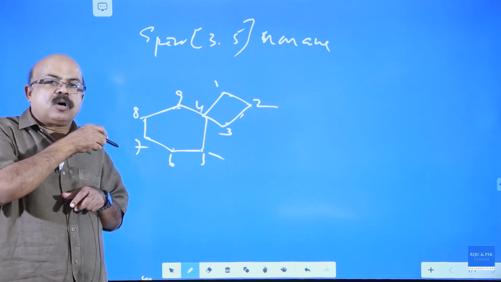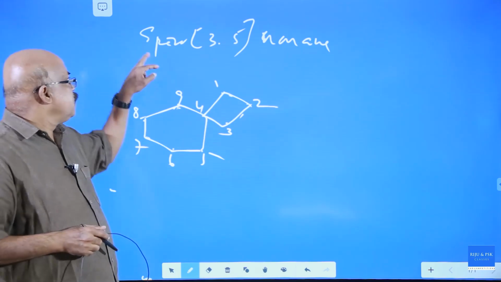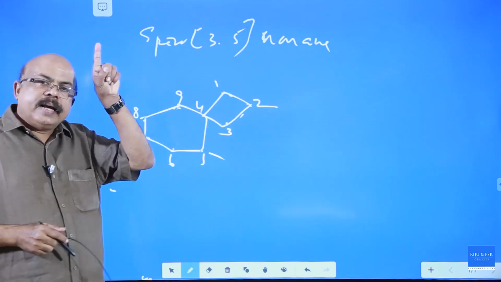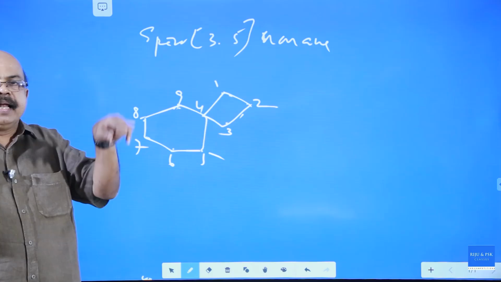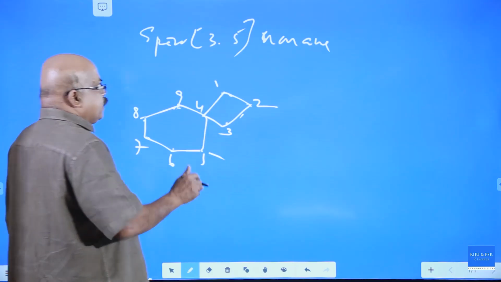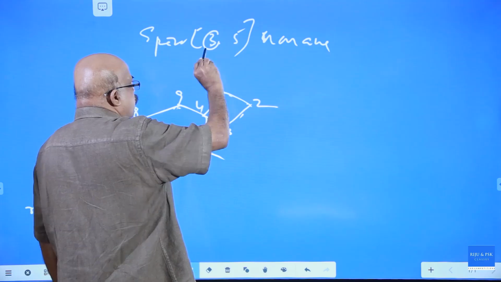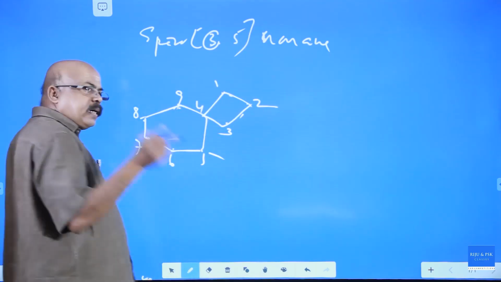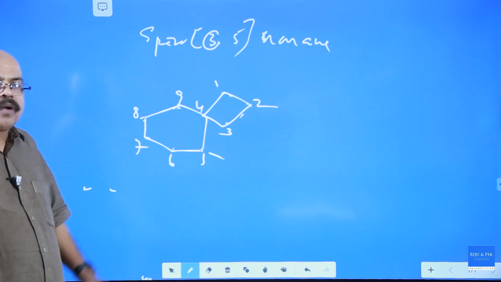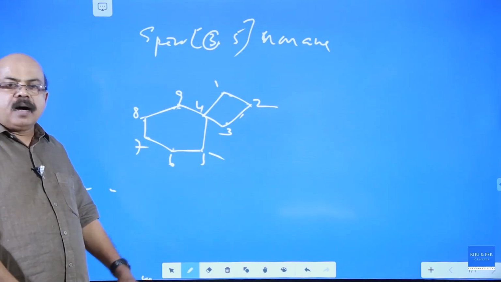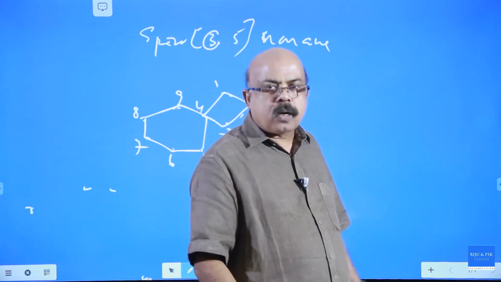While naming bicyclo compounds, numbering starts from the bridgehead to the bigger chain. Here, in a spiro compound, the smaller chain is to be numbered first. In the case of bicyclo, the bigger chain is to be numbered. While arranging the numbers also, in the case of spiro, the smaller number is to be mentioned first, smaller to higher. In the case of bicyclo, bigger number to lower one in the bracket. This is the way of naming spiro compounds as well as bicyclo compounds.